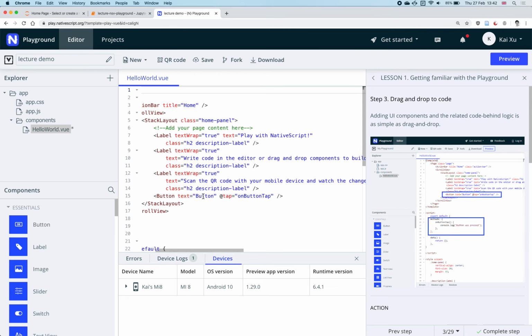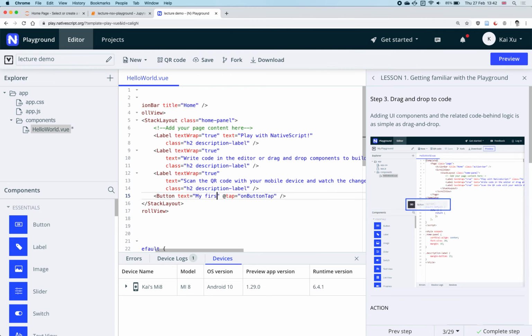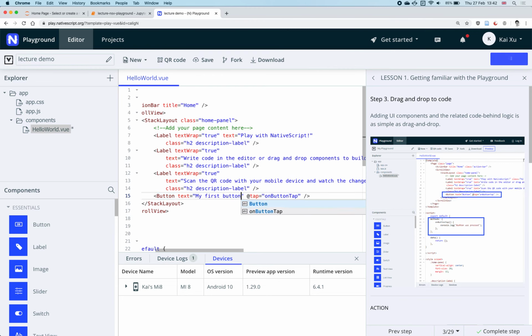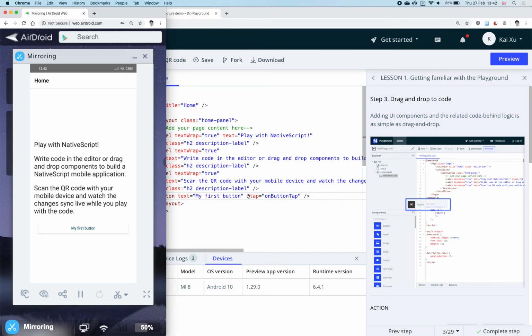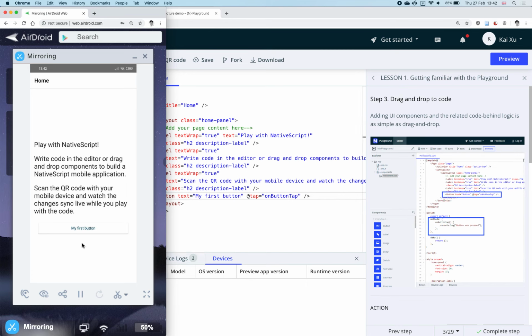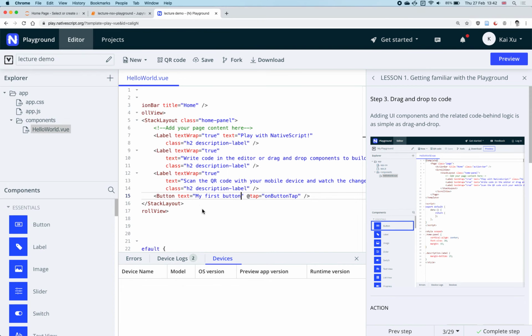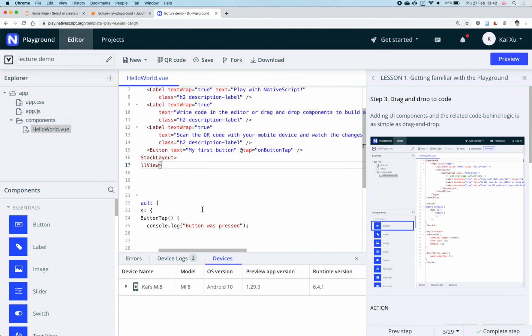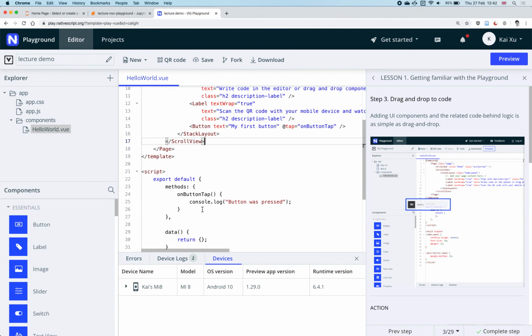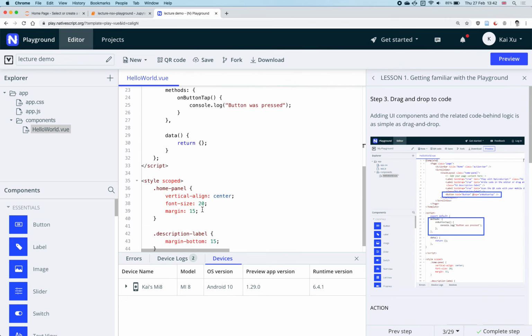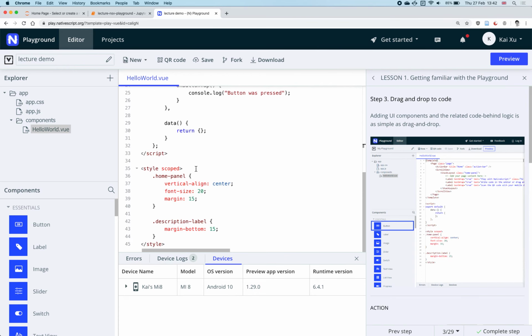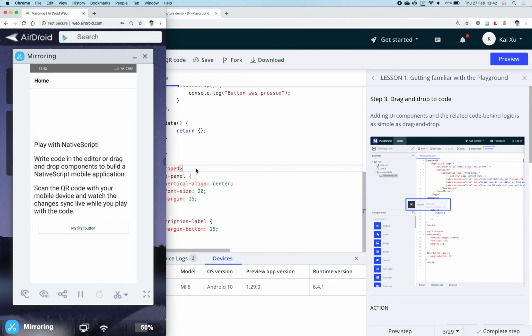You can change the text. And you see, my first button. This is very important. And then if you switch to the other, you can see that's what the text is as we change it. You can actually change the formatting straight away, just as you would normally. For example, if I look at my button, the text is a little bit too small,